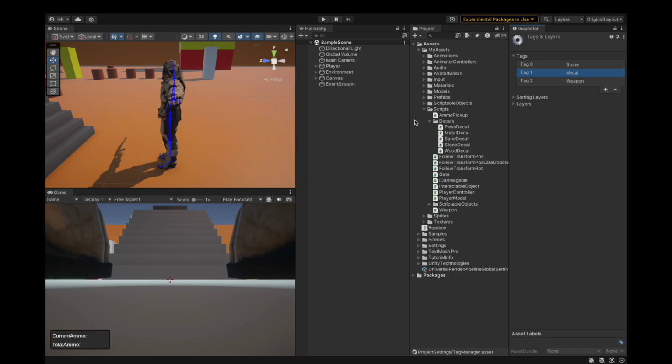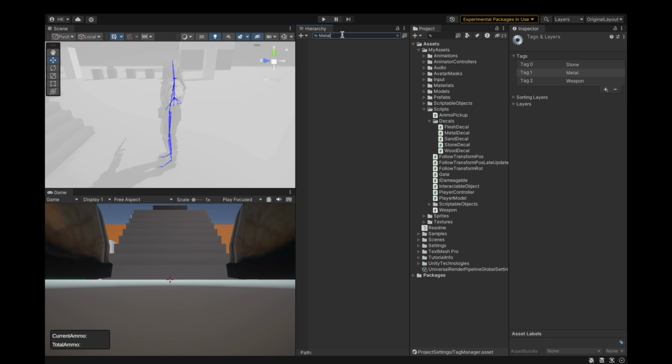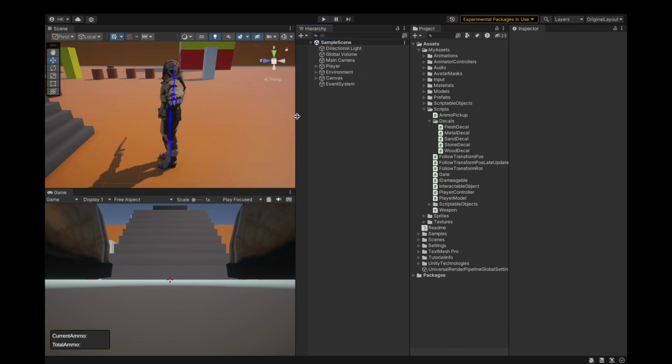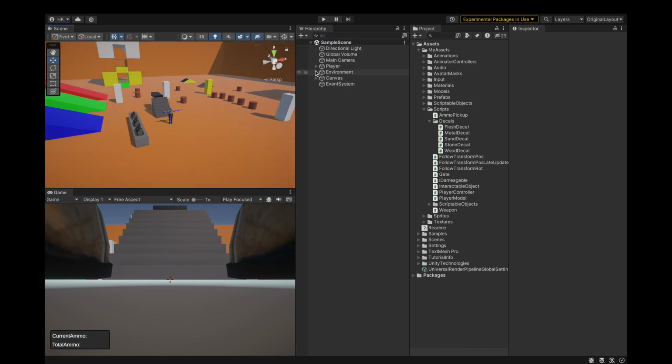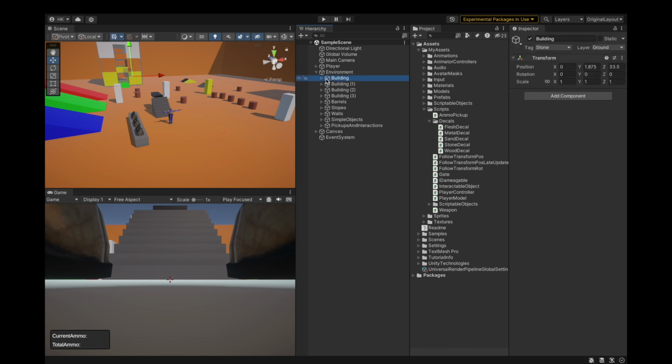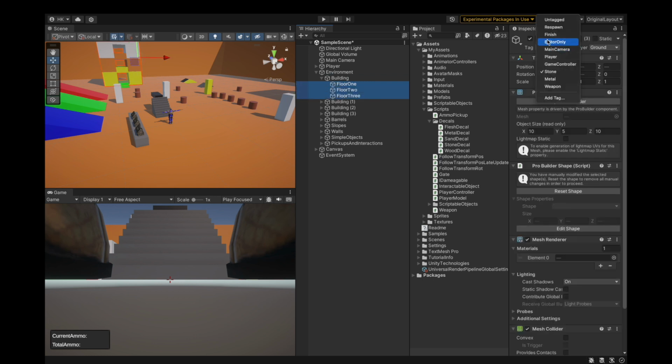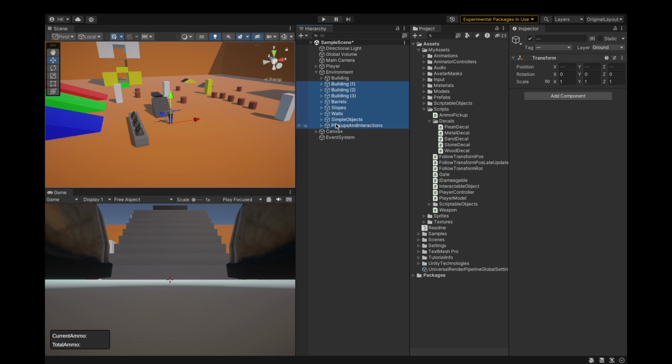Now let's actually add a tag, and we actually want to delete these tags. The issue is tags can't be deleted if they're being used by some object, so we need to actually get all of them with the tag metal, but I thought we could actually search it, but it won't. Anyway, now I know that in the environment we have all of these buildings and they're all tagged. Simply set them as untagged,